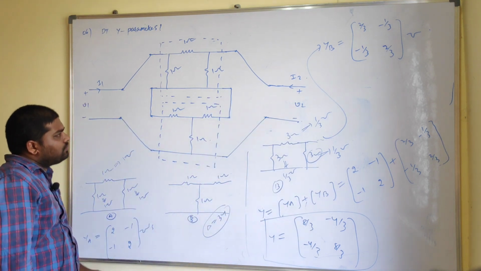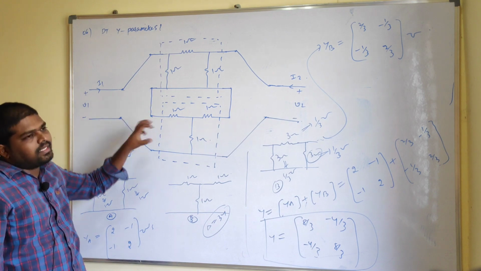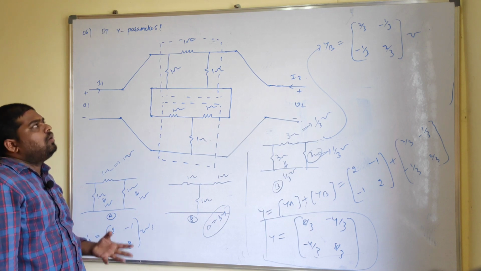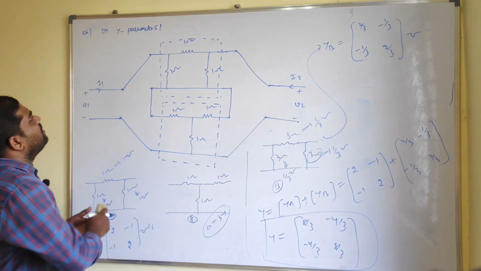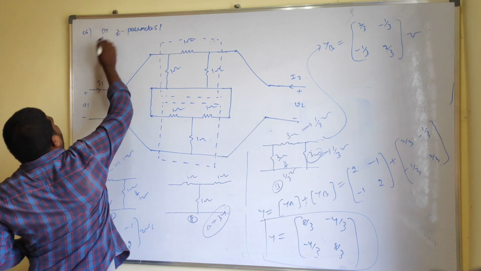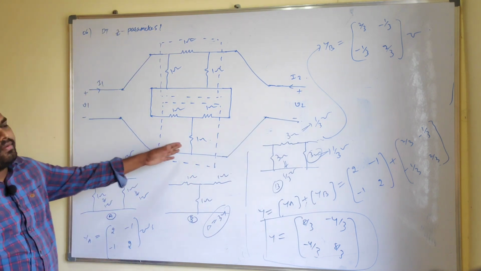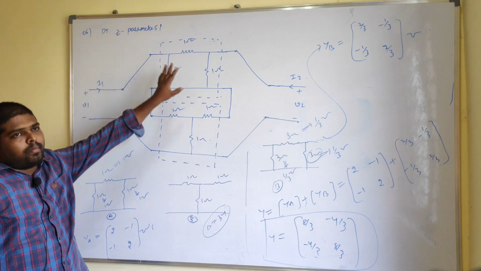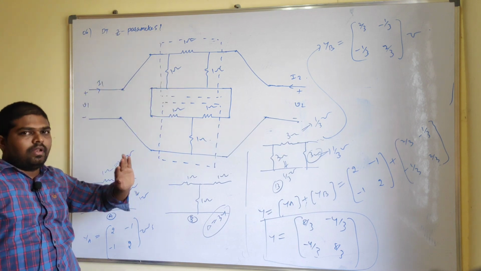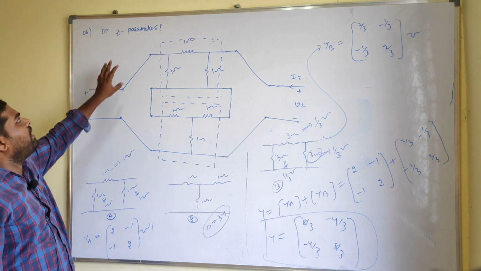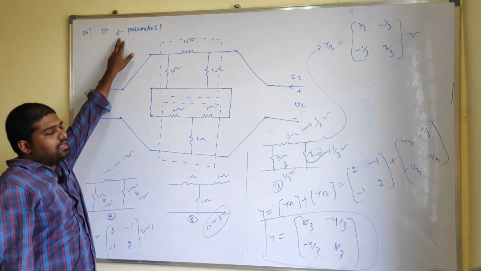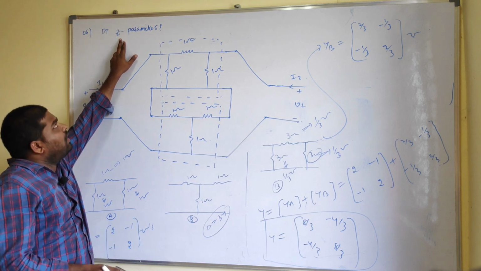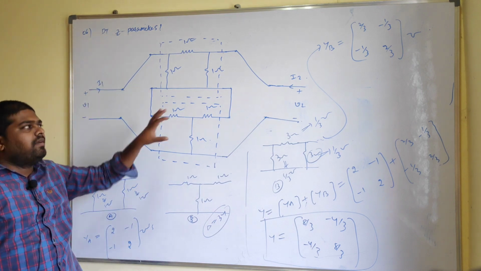So for this series interconnection of two-port networks, we need to derive the two-port parameters. Those are Z parameters. Determine Z parameters for a given network. Otherwise, they may ask to determine two-port parameters for a given network. Even in the question framing, they may not provide Z or Y, or any classification. They may just ask to determine two-port parameters for a given configuration.